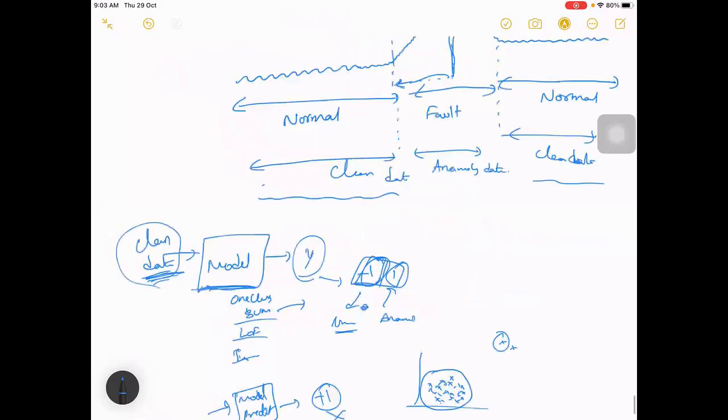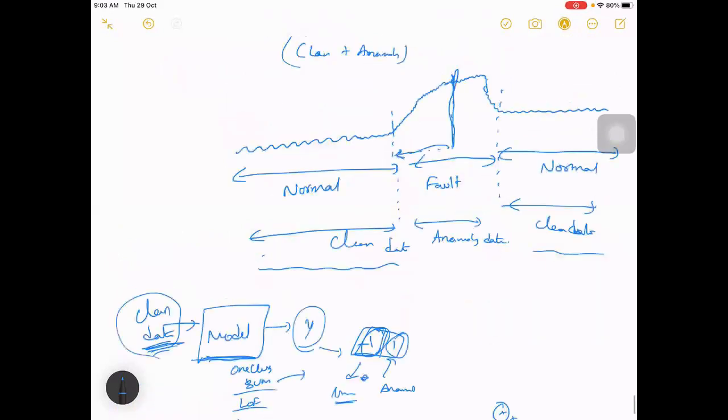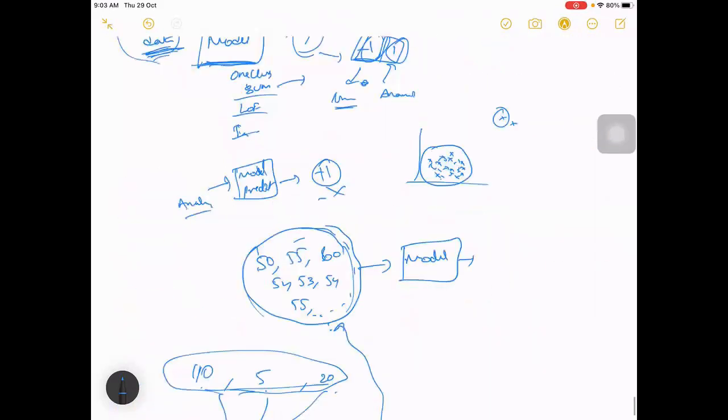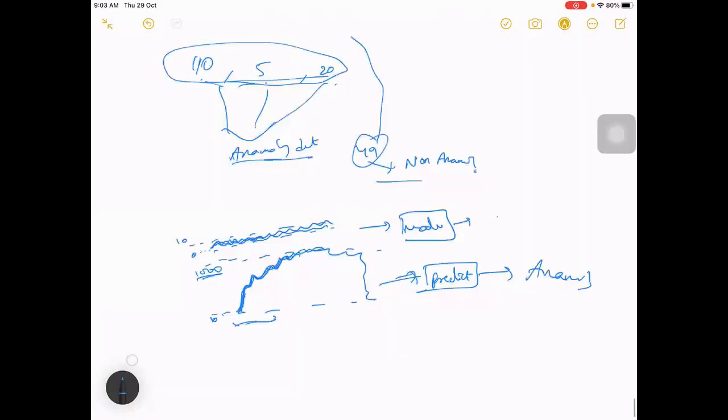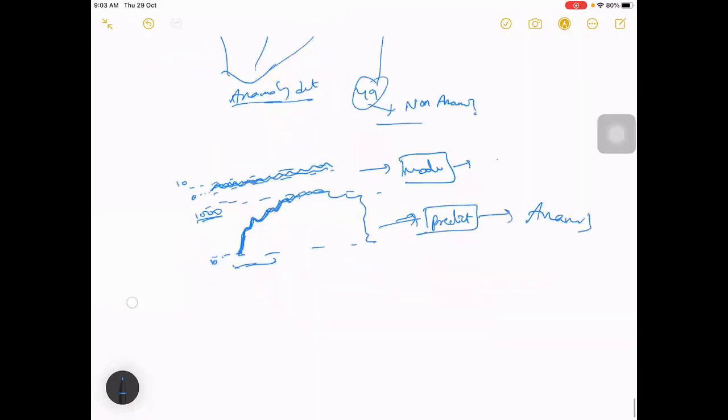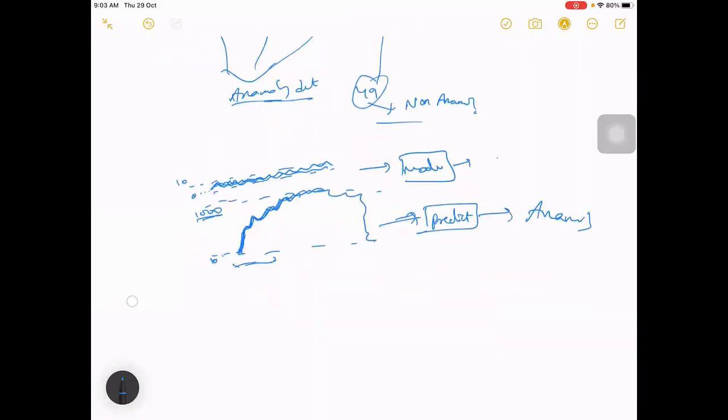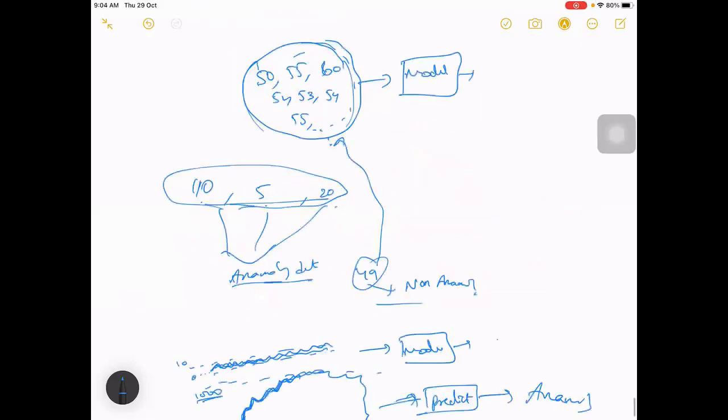Instead of a single sensor, they will take into account multiple, some hundreds of sensors. There are sometimes thousands of sensors within one plant, and they will take those into consideration. Combining all that, they will finally decide whether this can be an anomaly or not. Okay, so that is about anomaly detection.